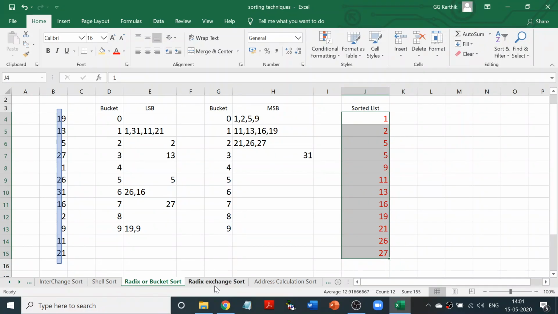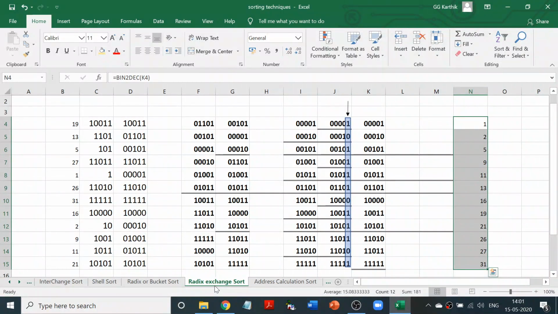Right, radix exchange sort, you may feel it is a little complicated, but when you do it, it is very interesting. But take a smaller number of digits. Don't go for so many digits. 3 digits will do for your exam. I thought I could have used 3, but when you use 3, the understanding is not that good. If I have more digits, then you understand the method properly. Okay, any doubts you can always get back to me, you can comment or WhatsApp, and I will get back to you.